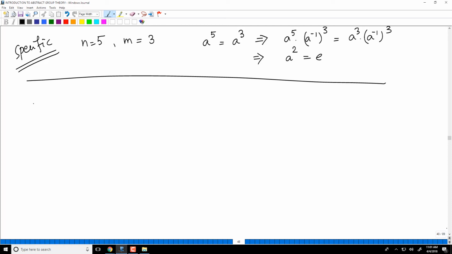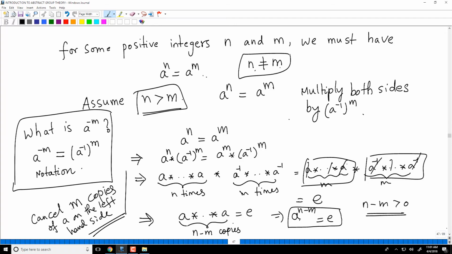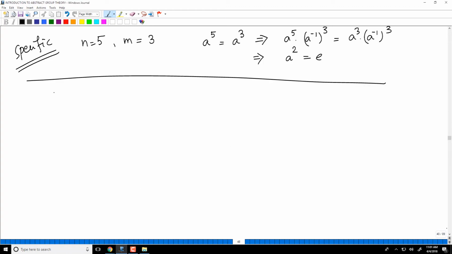So, we have solved the problem which asked for this in a finite set. Remember that we have crucially used the finiteness hypothesis, because we want to say that this set is not finite, because it sits inside a finite group, it is not finite, and hence there must be repetitions. So, it must happen like this. And if you can see, this is not true if G is not finite.